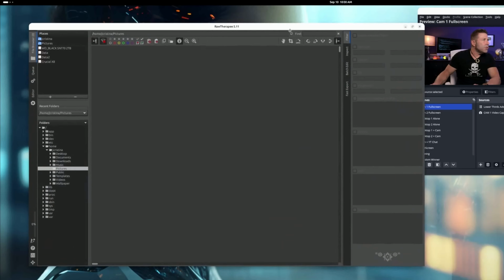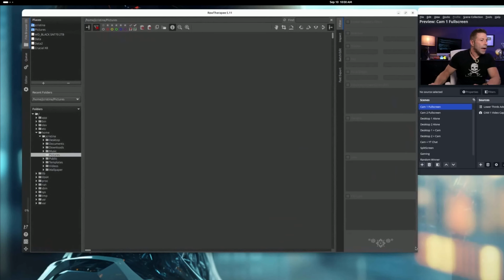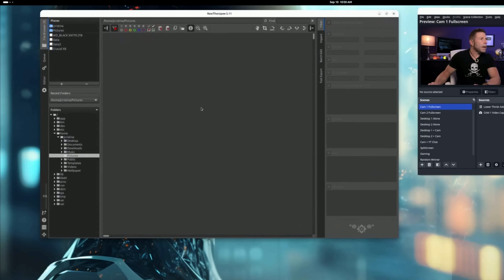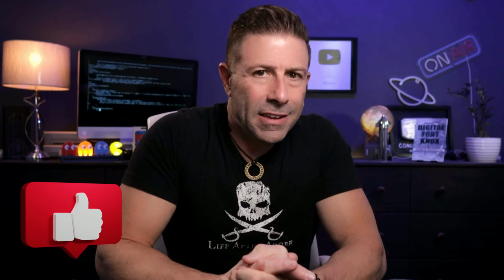And what you do is you just go into wherever you have your raw photos, and you go into that directory and they'll automatically pull up here. And then of course you can control everything like you see over here. Enable meta filters. You have aperture, shutter speed, ISO, focal length, exposure, and your camera and all the lenses and all the rest of this stuff. So for me, Raw Therapy is pretty good.